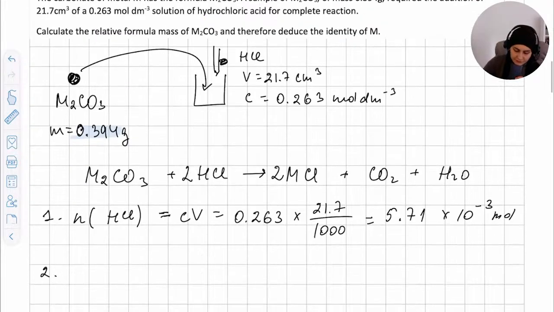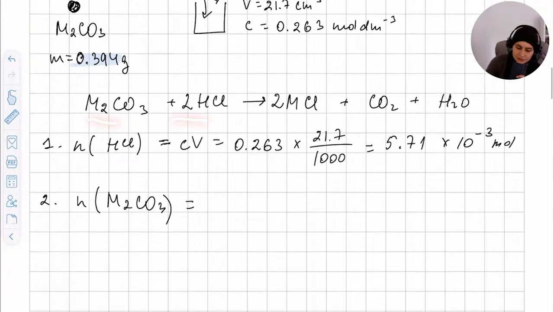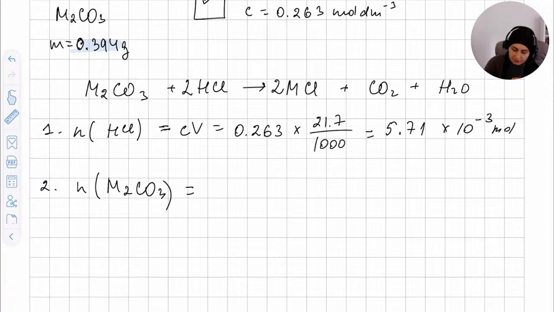Okay, so I find moles of M2CO3 using the ratio of HCl to M2CO3. So it's a 2:1 ratio, which means that I have half as much M2CO3 as HCl, right? Because the coefficient in front of M2CO3 is 1, if nothing is written then it's 1, which is half the coefficient for HCl. So the moles of M2CO3 would be 5.71 times 10 to the minus 3 over 2, which is